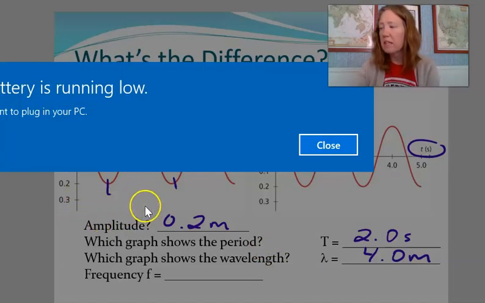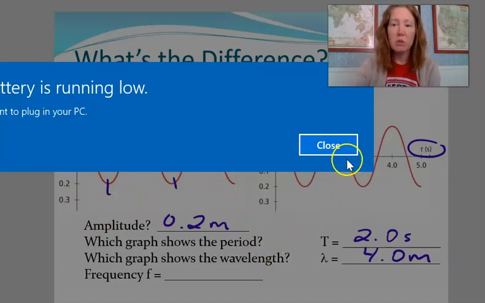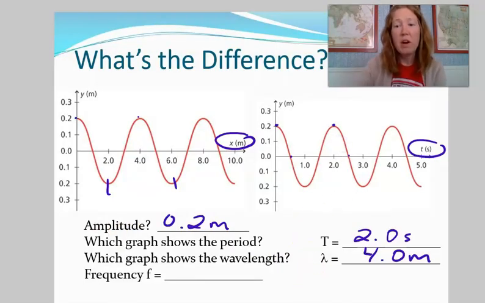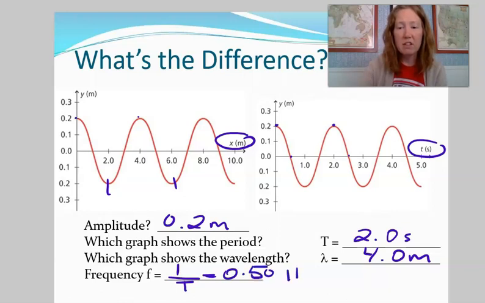Now, frequency, I will need to calculate. So, I could see how many waves happen in 1 second. That's the definition of frequency. But I could try to estimate that. I think it's easier just to do the reciprocal of the period. So 1 over T. That would be 0.5, and the units again are hertz. And then tomorrow we'll get into how to calculate wave speed if you know these things. Okay.